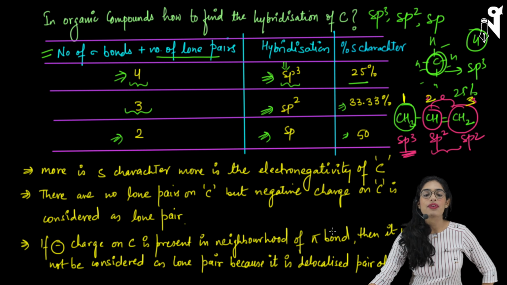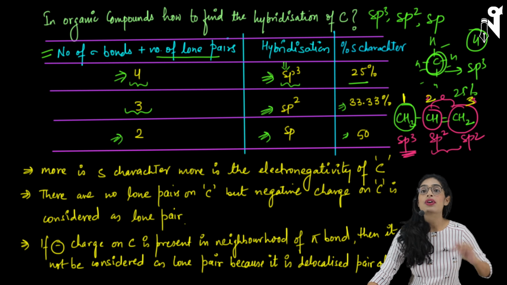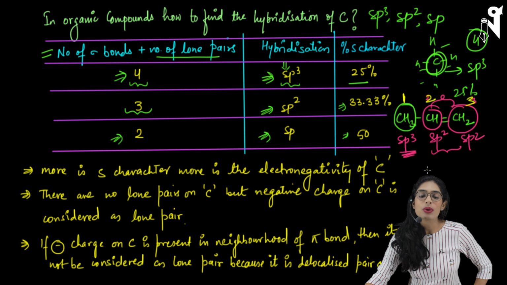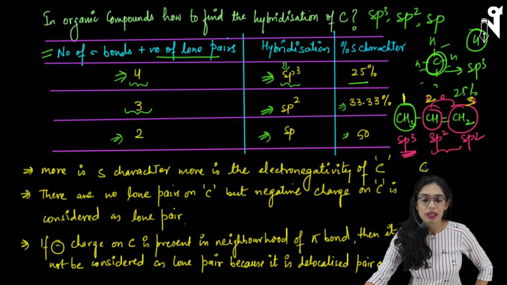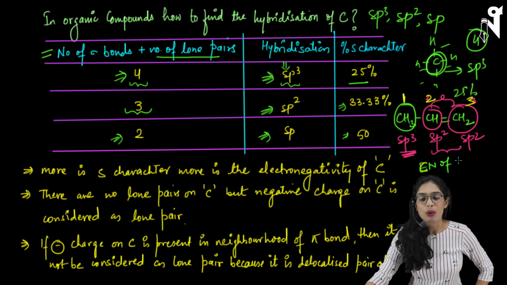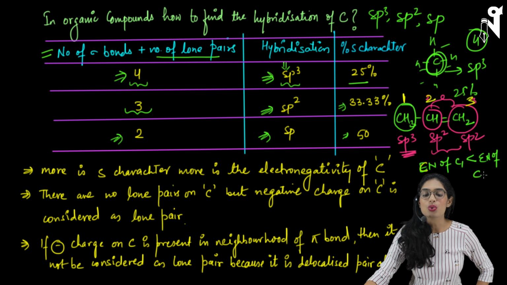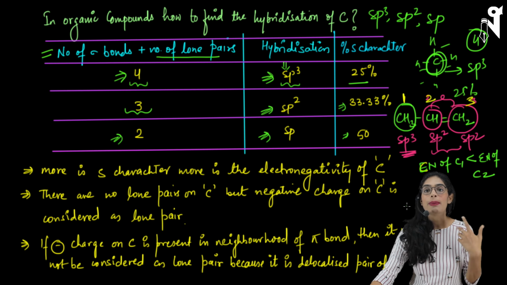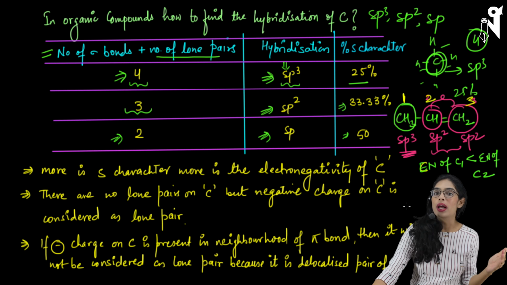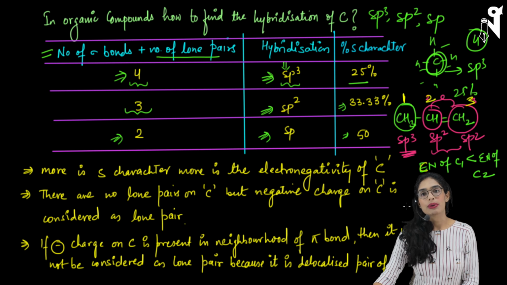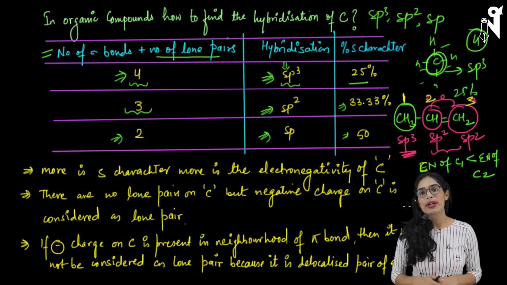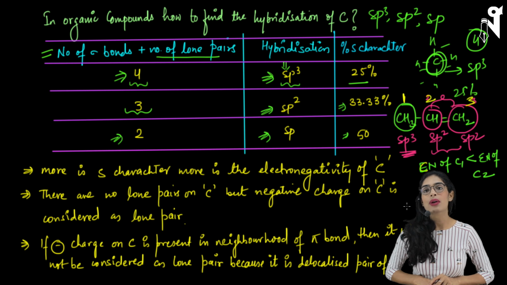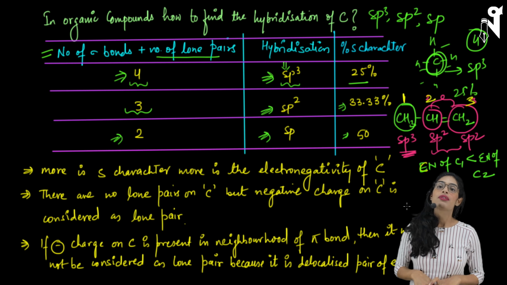Let's say I have three carbons, and if somebody asks me to compare the electronegativity of carbon 1 with carbon 2, the electronegativity of carbon 1 is lesser than the electronegativity of carbon 2. Or if they want me to compare it with carbon 3, then the electronegativity of carbon 1 is lesser than the electronegativity of carbon 3. You sometimes get questions like this where you have to compare the electronegativity. Even if you don't get direct questions on electronegativity, you have to understand this concept very well because we will be using it further for reactions.